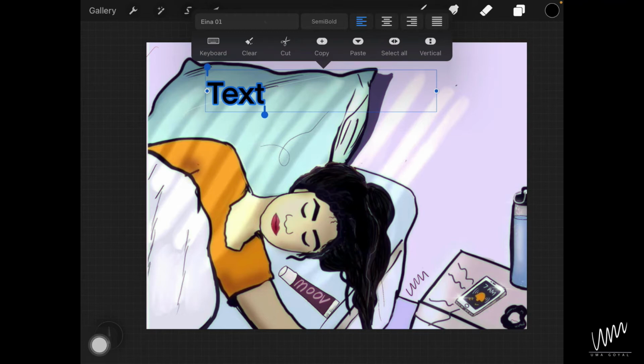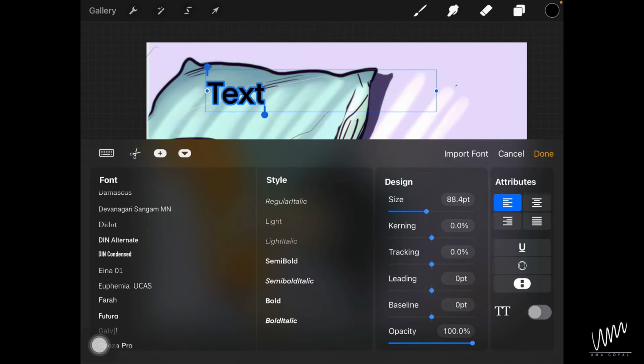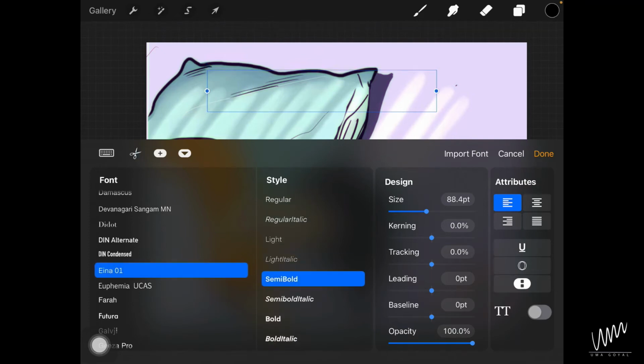I don't remember seeing these icons next to the keyboard earlier, so I think this is an addition too. You have cut, the scissors, copy, and then paste is the last arrow, so I'll just paste it again. So you have these three icons and everything else is the same in this.